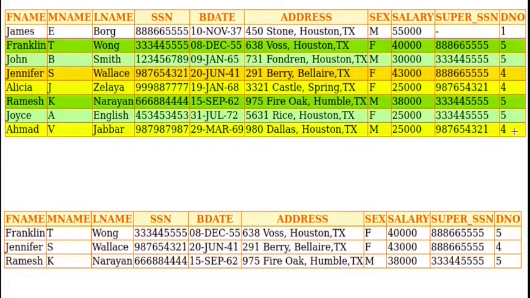See here, first we need to select the employees with department number 4. From these 3 rows, we need to select the employees who have salary greater than 25,000. This is the 1 row which satisfies those 2 conditions. Then select the employees who are working for department number 5. All these 4 rows satisfy that condition, and add another condition, salary greater than $30,000.